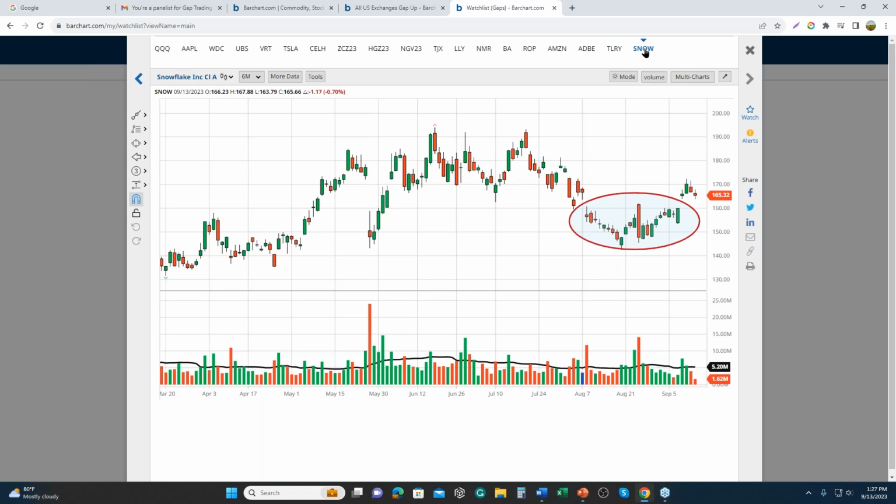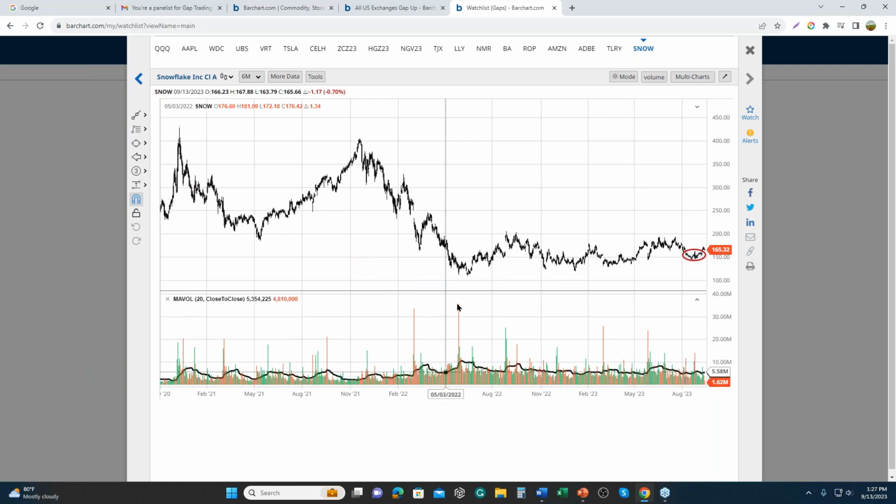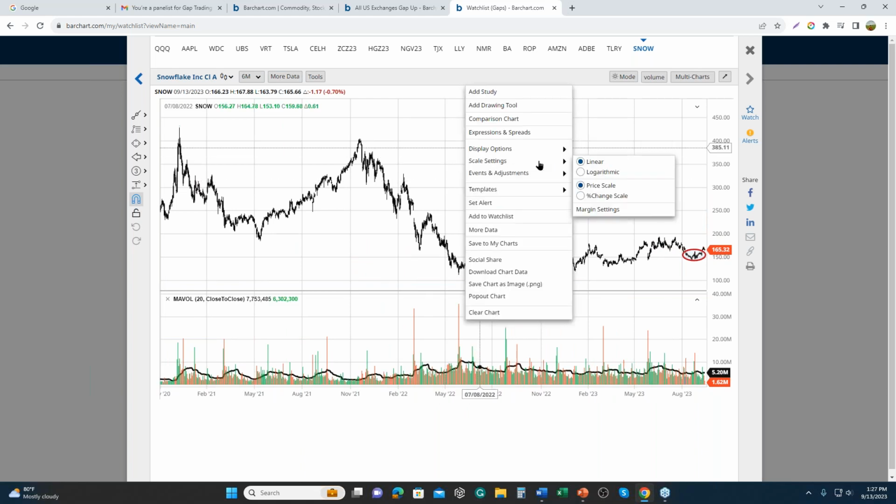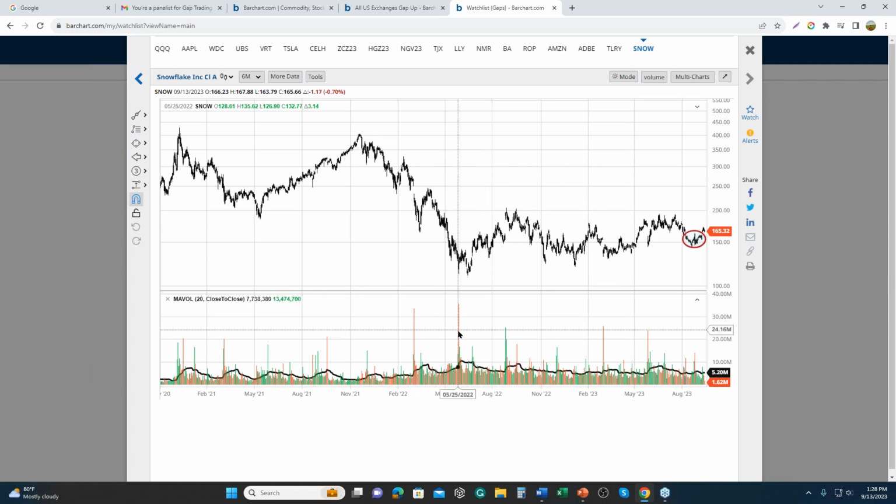Now, these too are more significant when we look at a larger price pattern. And so here's Snow. You can see that here's an island reversal gap, and you can see that W pattern, right? And so this could be a significant bottom. Again, if I look at this in terms of price action in the much bigger picture, we're really seeing that we're in the lower range of where this stock has been over, let's say, the last year. So there's a higher probability that this low has been set in,